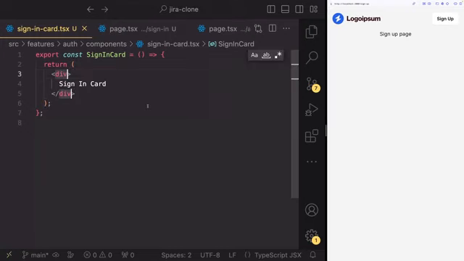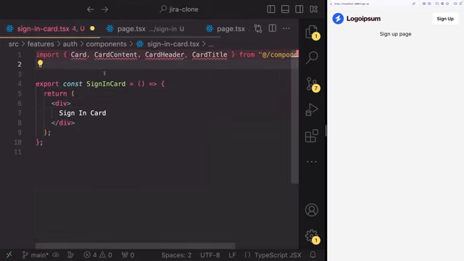So what I'm going to do is I'm going to go ahead and import everything we need from our card. If you remember, we